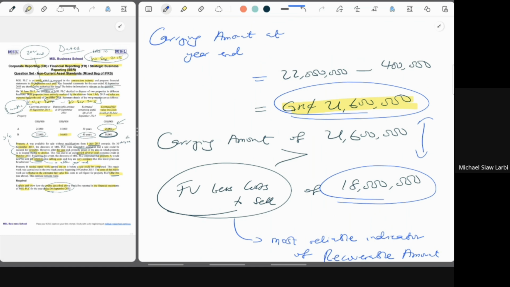So remember, in your questions for financial reporting, corporate reporting, you would need to find the relationship between a number of standards. Here we've applied IFRS 5 on non-current assets held for sale and discontinued operations. We have seen some bits and pieces of IAS 10, events after the reporting period. We have also seen some pieces of IAS 36 on impairment here. And then obviously IAS 16 on property, plant, and equipment, right? These are some things you need to think about. So on that note, that will be the end of this question.